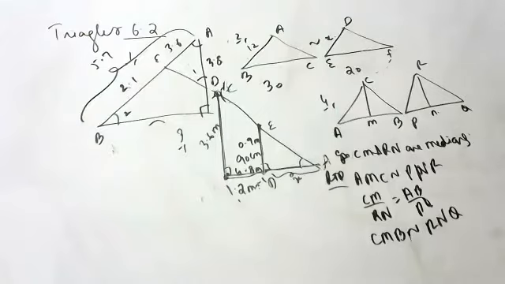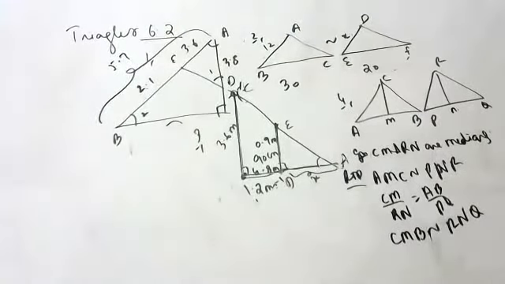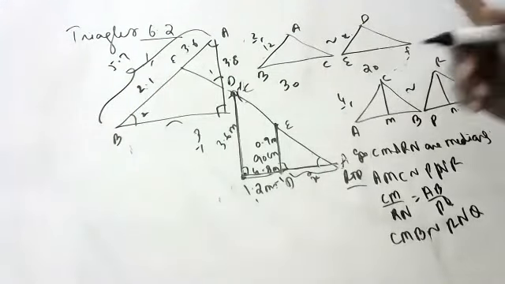Okay, children, what shall we do? Here, they have given the question: CM and RN are medians of triangles ABC and PQR. That's all, children. They did not give the whole question. They should say they are similar triangles. If they are not similar triangles, we can't do the sum. The question is half given. They are similar triangles, children.